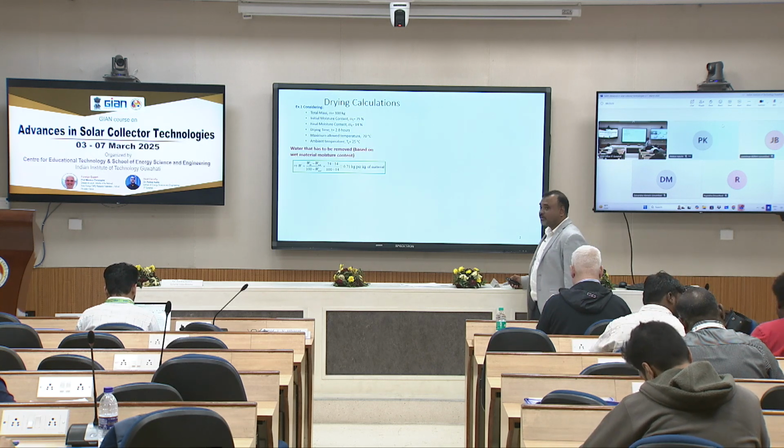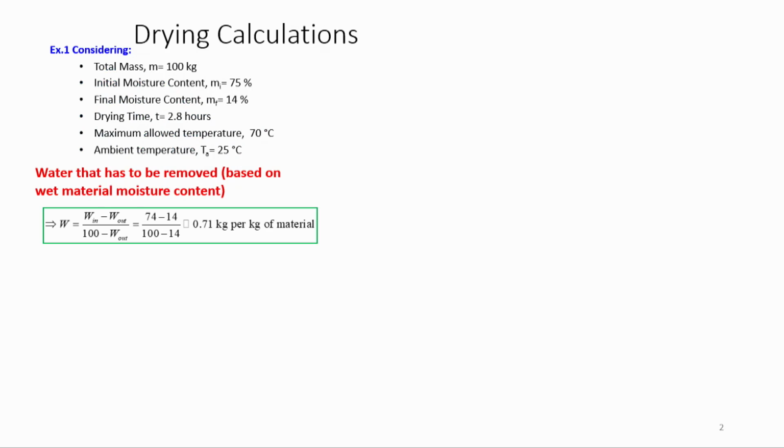Then what could be the water removal based on the wet material moisture content? We can find out W in minus W out divided by 100 minus W out. Okay, and then if you substitute these values,